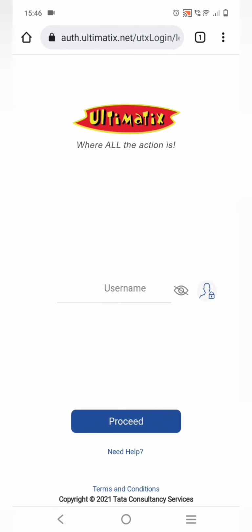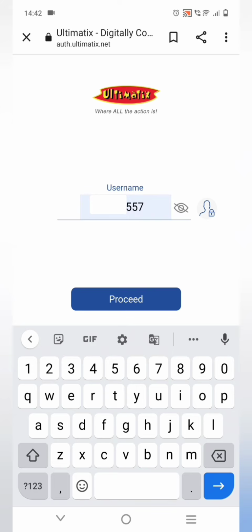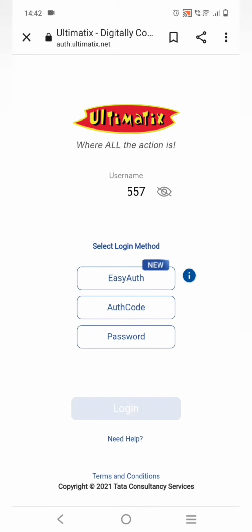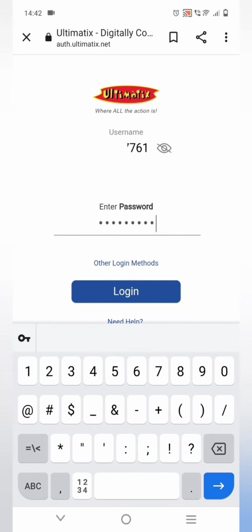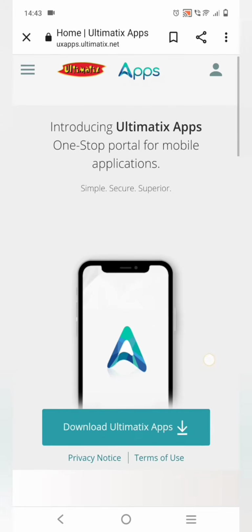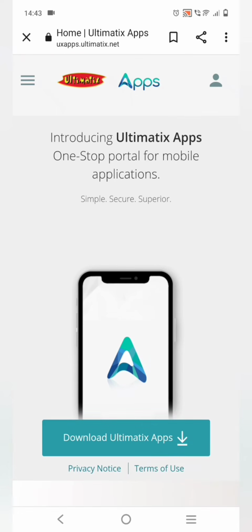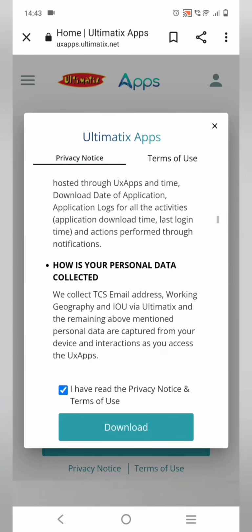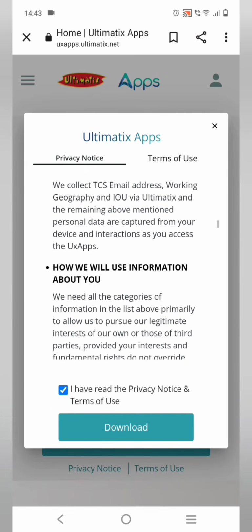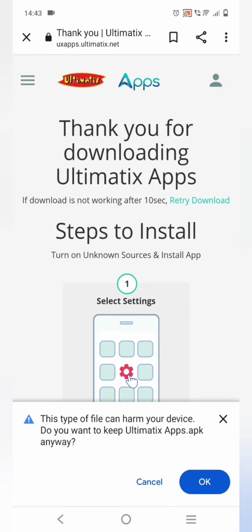Then open it, give your employee ID, after that proceed, after that choose password, give the password which you have been given by the admin, or if you have updated the password, give that. Then click on download AUTHMATIX apps. Then I have read the privacy notes, check this box, then click on download. After that click on OK,